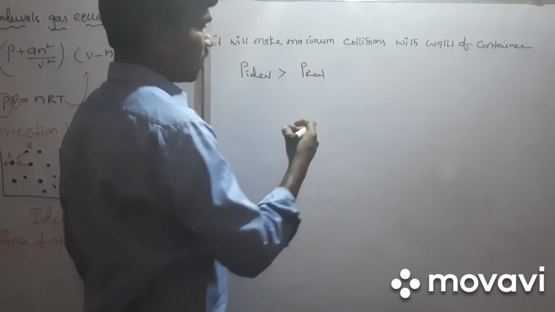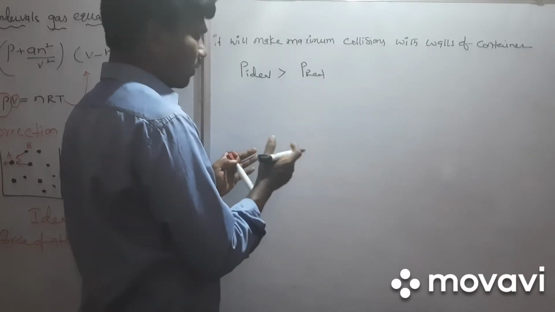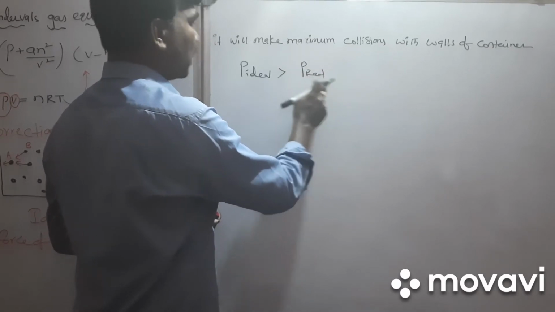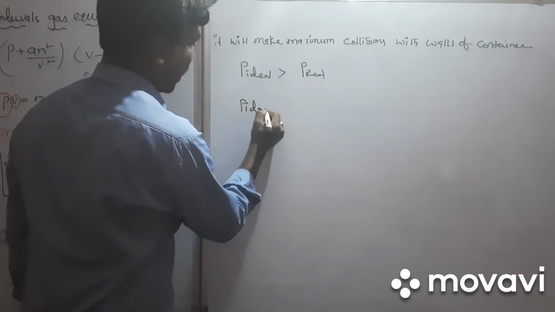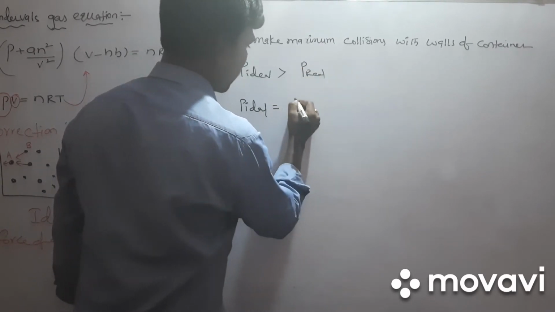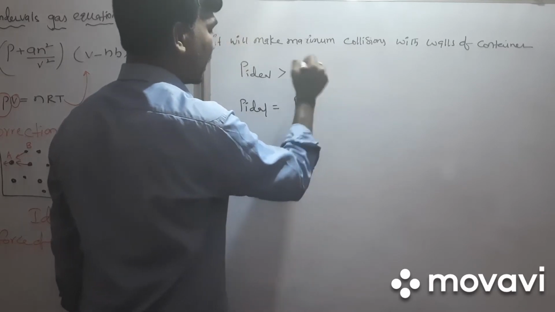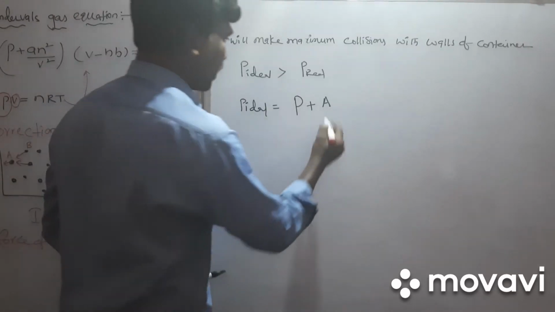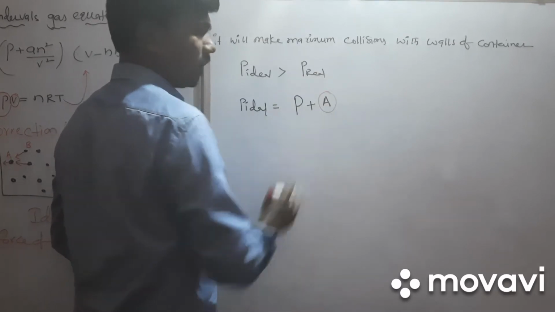When the attraction force between gas molecules increases, then the number of collisions with walls of the container will decrease. So that's why real gas pressure will be less and ideal gas pressure will be more. So to balance this real gas to ideal gas, we need to make some correction in case of what? Real gas. So real gas pressure is P, and the factor we are going to add to real gas is nothing but capital A. Here A also is nothing but pressure, but how much pressure we are going to add we don't know. So that's why let it be A, right?